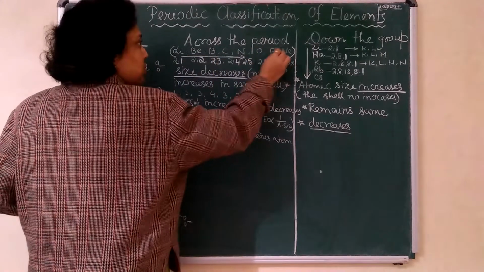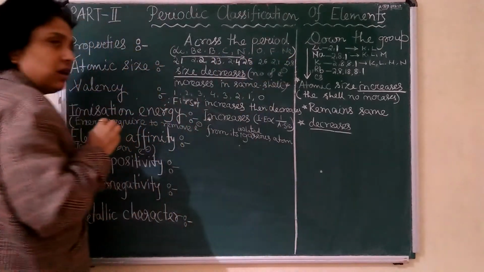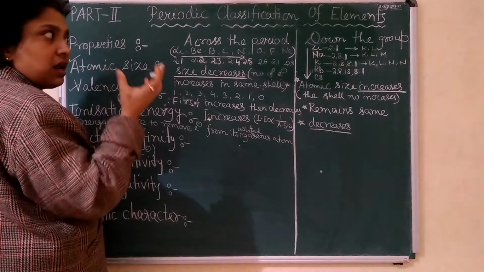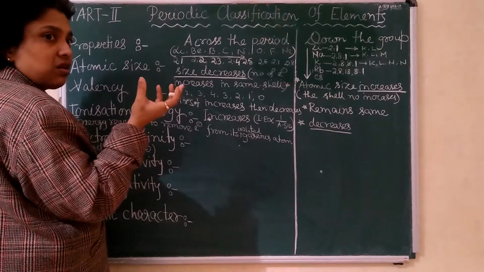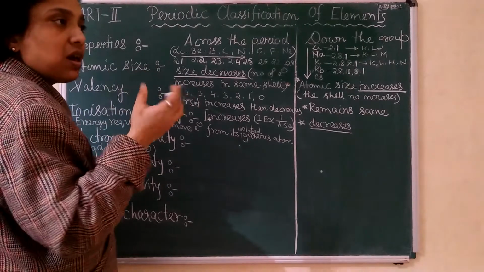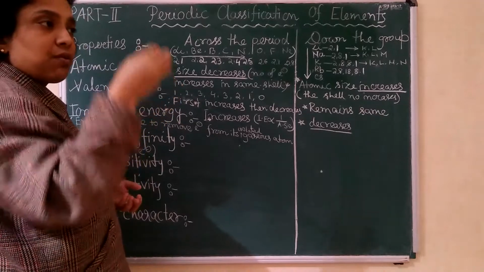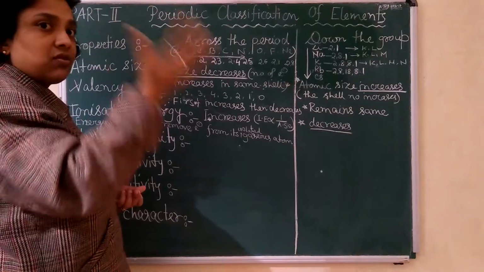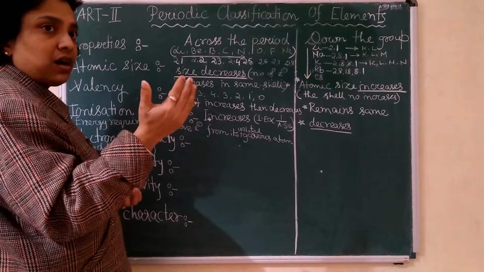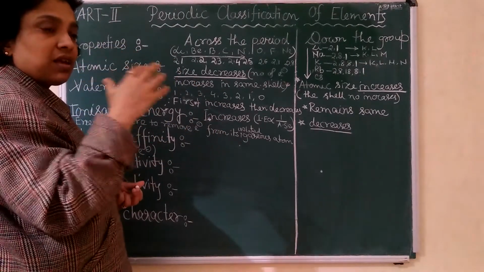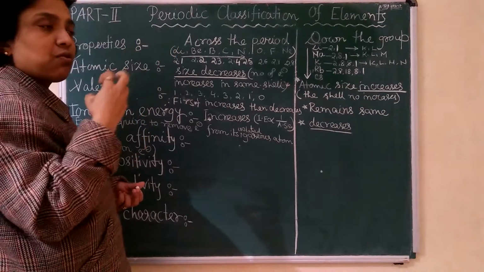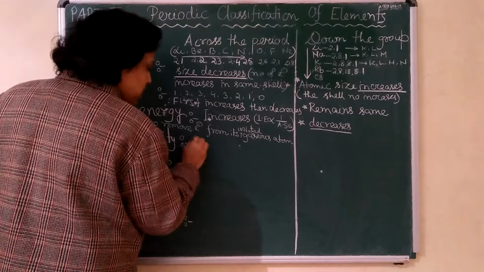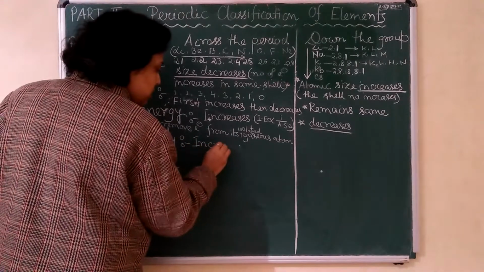What will happen? Does electron affinity increase or decrease? Electron affinity means the energy. So when the size is decreased, it is the same way. The concept is the same. Size is decreasing. So if you add an electron in the outermost shell, you have to convert that into a gaseous state. It is very difficult to add if the size decreases, because the nuclear force of attraction will be more. So here also more energy will be required. So it also increases.